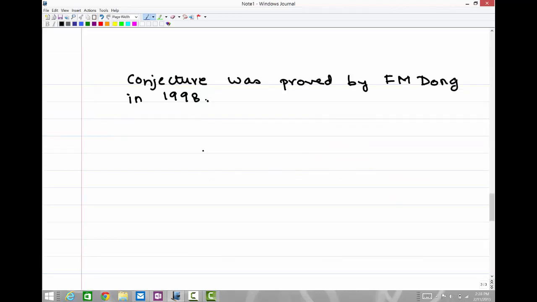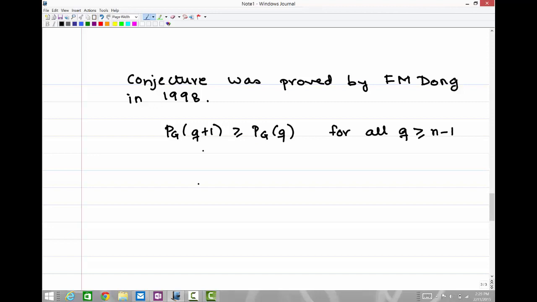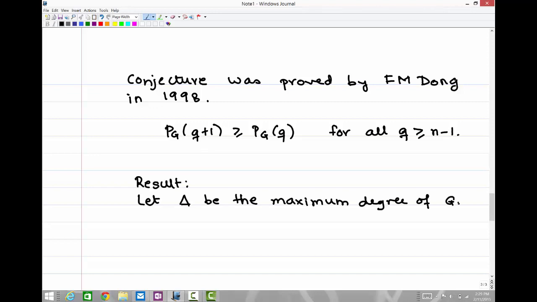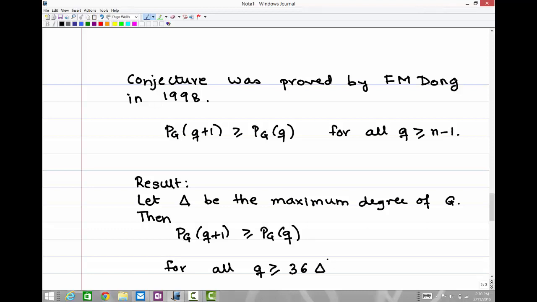The conjecture was proved by Fengbing Dong in 1998. He proved that P sub G of Q plus 1 is greater than or equal to P sub G of Q for all Q greater than or equal to n minus 1. In this paper, we prove the following complementary result. Let delta be the maximum degree of G. Then the above inequality holds true for all Q greater than or equal to 36 times delta to the power